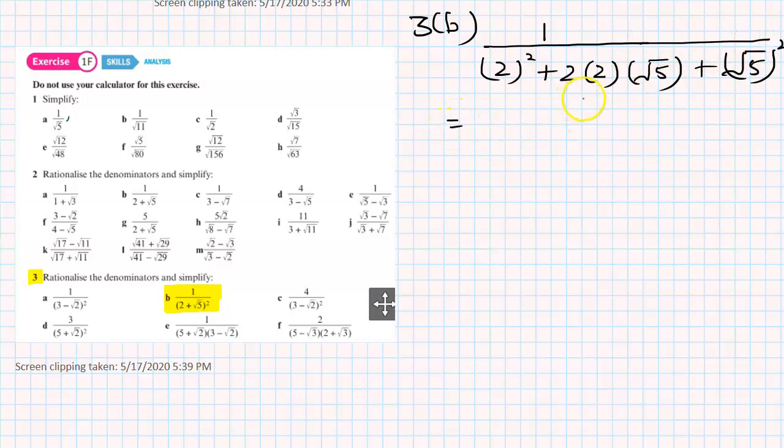So that is equal to 1 over 2 square is 4, and root 5 square is 5, 4 and 5 is 9, plus 2 and 2 is 4 root 5. So this is the multiplication. Now we have to, so we multiply by its conjugate, so that is 9 minus 4 root 5 over 9